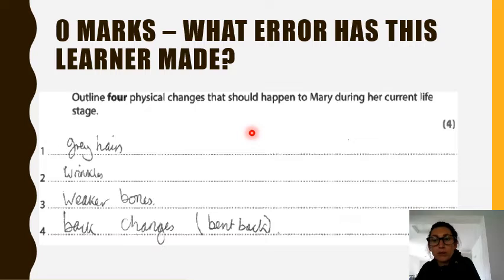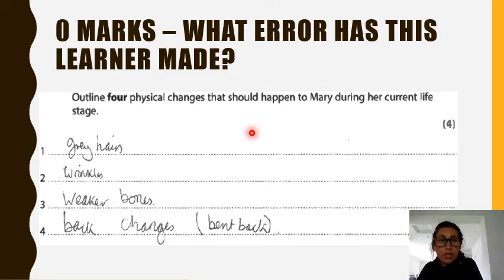Okay, so hopefully you will all have noticed that the life stage that they've considered isn't the correct one for Mary. So we know that Mary's 13, so this is very, very unlikely to happen. So what they have done is they've looked at a different name and age next to it. It's a common mistake. That's why we're telling you to make sure you are reading the questions properly.